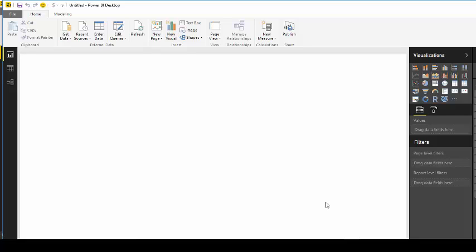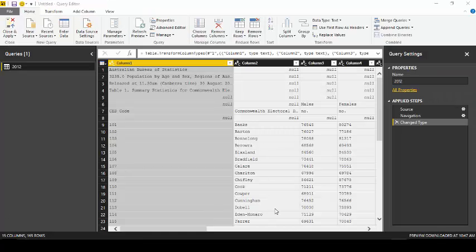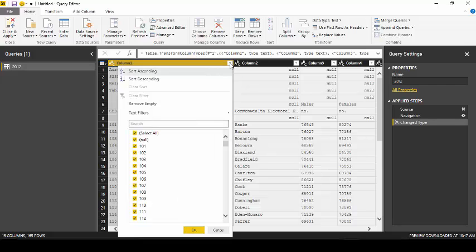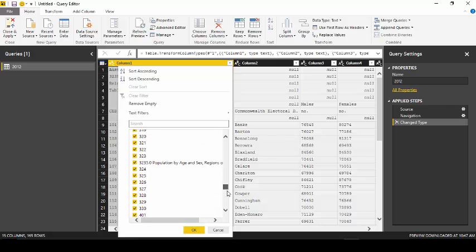First thing we'll do is open up the Edit Queries section. Now you'll see that there's a lot of rows that we don't really need. So what we're going to do is perform a row filter. We'll scroll through and pick out the rows that we just don't want in our data set. Take out the explanatory notes